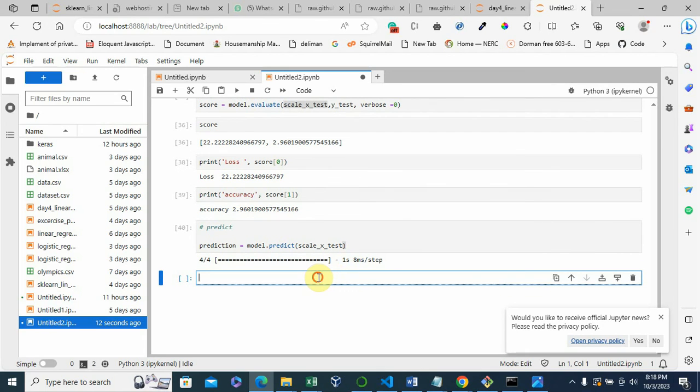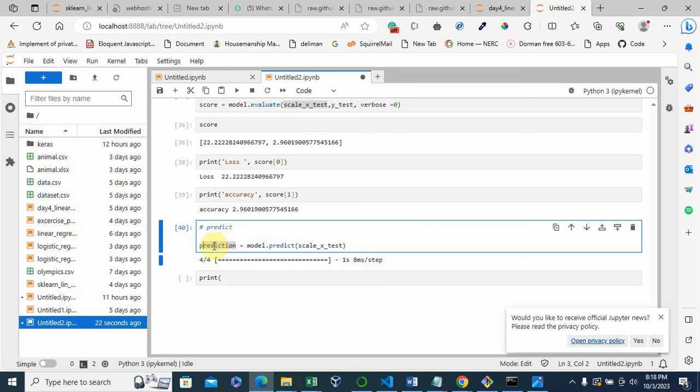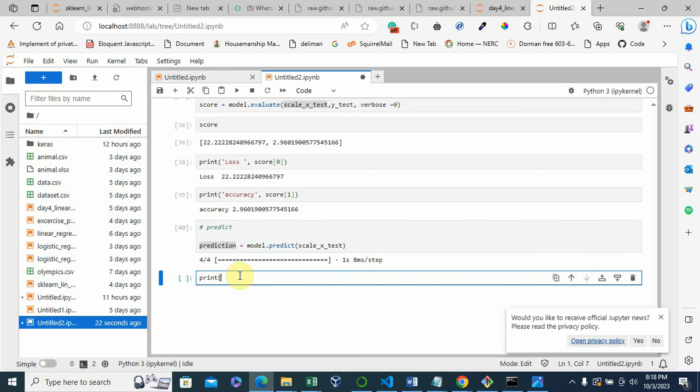So done. Let's now see what the prediction looks like. Let's print out this prediction, and then we can flatten it.